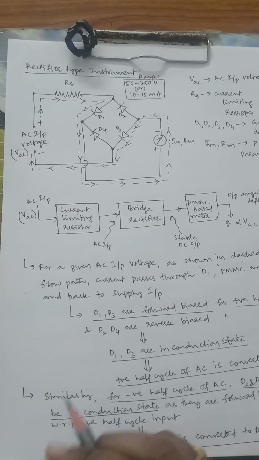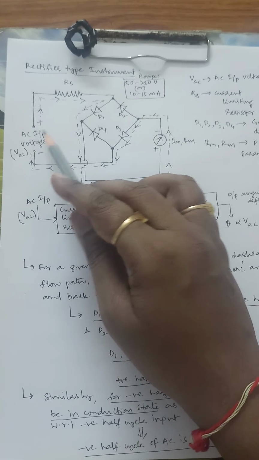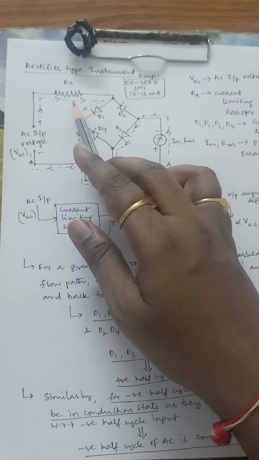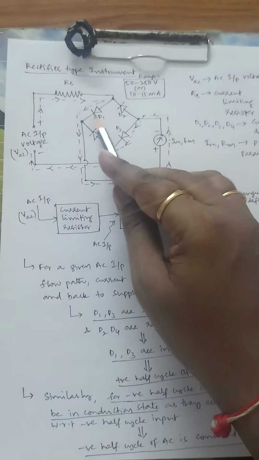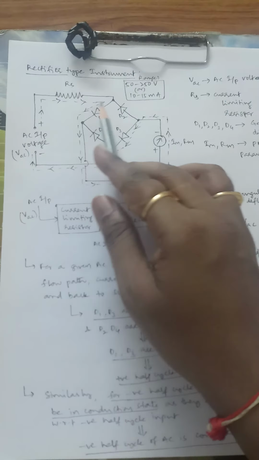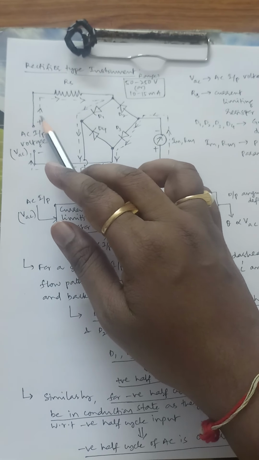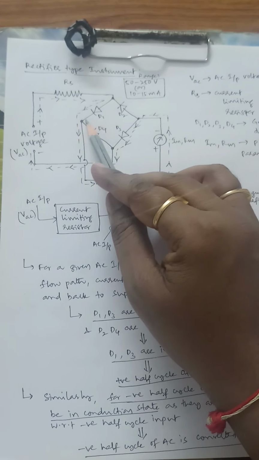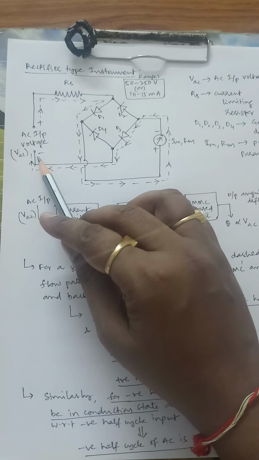Once you see the schematic, the AC input voltage is given to RS, the current limiting resistor, which is going to restrict the current levels, and the limited current is then passed through the diode circuit. Let us take a positive half cycle. The dashed line I have drawn is related to the positive half cycle. It starts from the AC input supply, then the current passes through RS, then through D1, then through PMMC, then through D3, and then back to the negative of the supply.